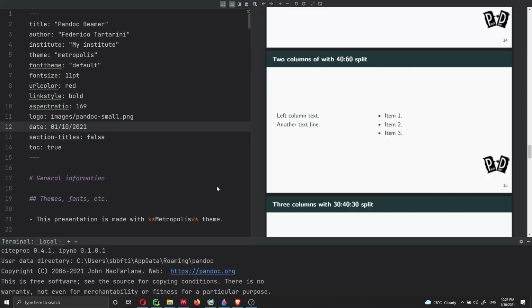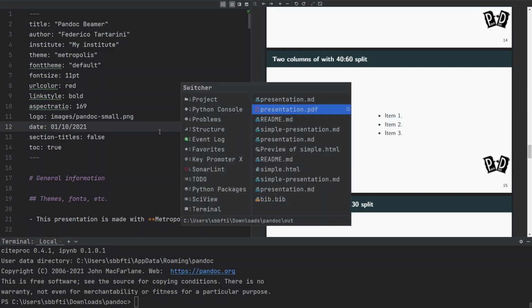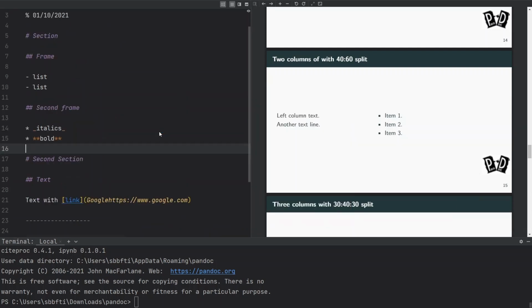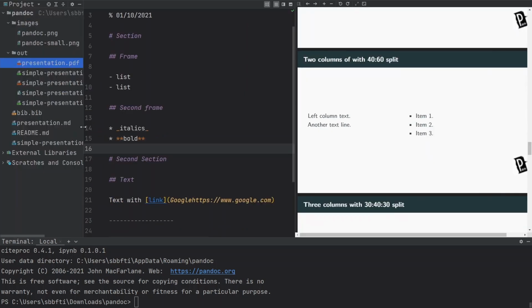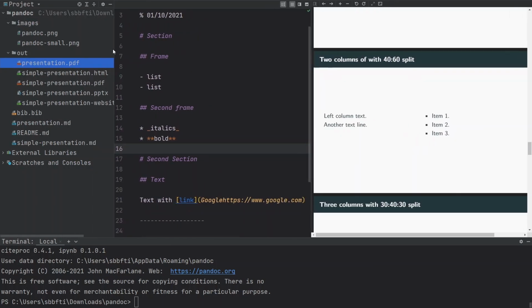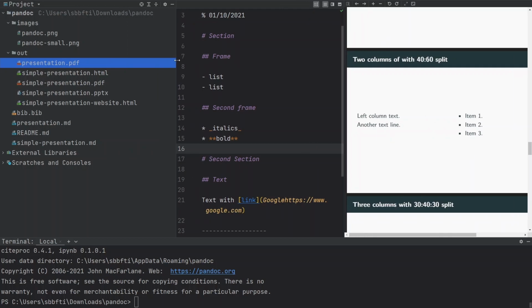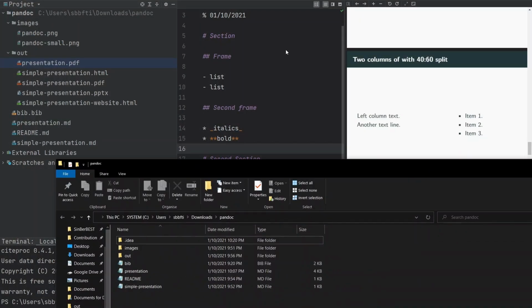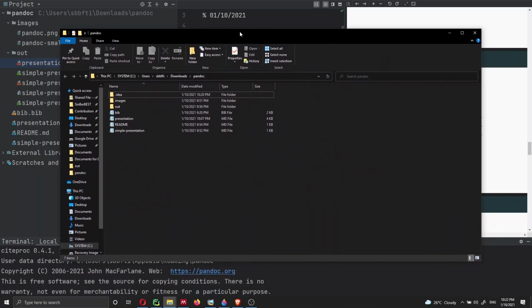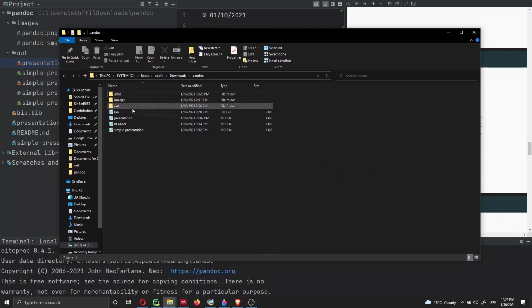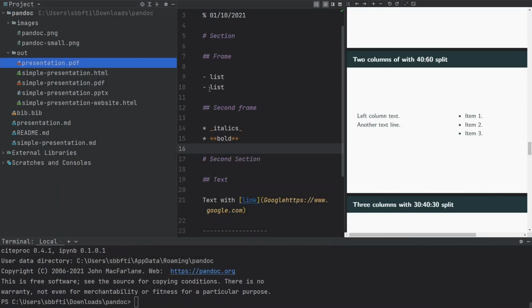So let's get started with a very simple file. So here I have created two presentations. One is called presentation.markdown, and the other one is called simple-presentation.markdown. So I can just navigate here just to show you what I'm doing. It's very simple. I'm just here in presenter mode, so you cannot see much, but I'm inside C, user, my username, downloads, and pandoc. I just simply created a folder inside the downloads, and inside over there I have all my files. So just let me bring this one up for you so it doesn't look confusing. So here I am in downloads, pandoc, and inside here I have my files. So let me just close this one and we can navigate from here.